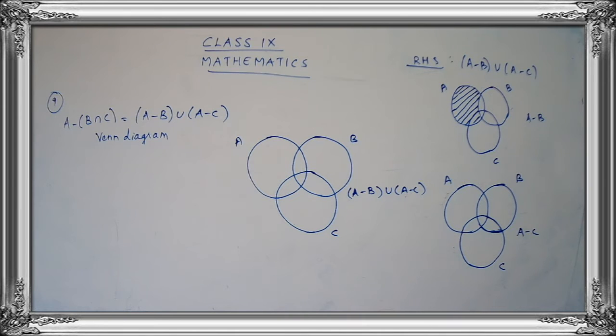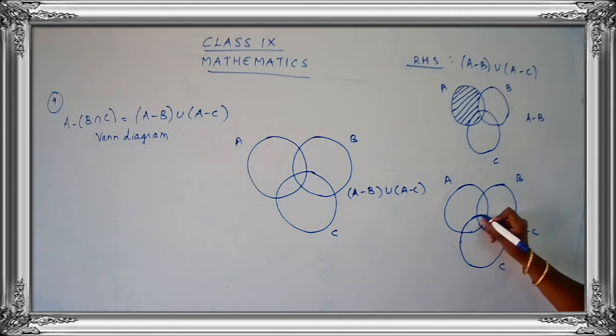Yes, children? So we have already completed 3 sets of Venn diagram. Now we are going to the fourth set of Venn diagram. A minus C. So this is set A and this is set C. So now what are we focusing on? We are focusing on A minus C. That means we want A. We don't want C. Okay. So I don't want C.